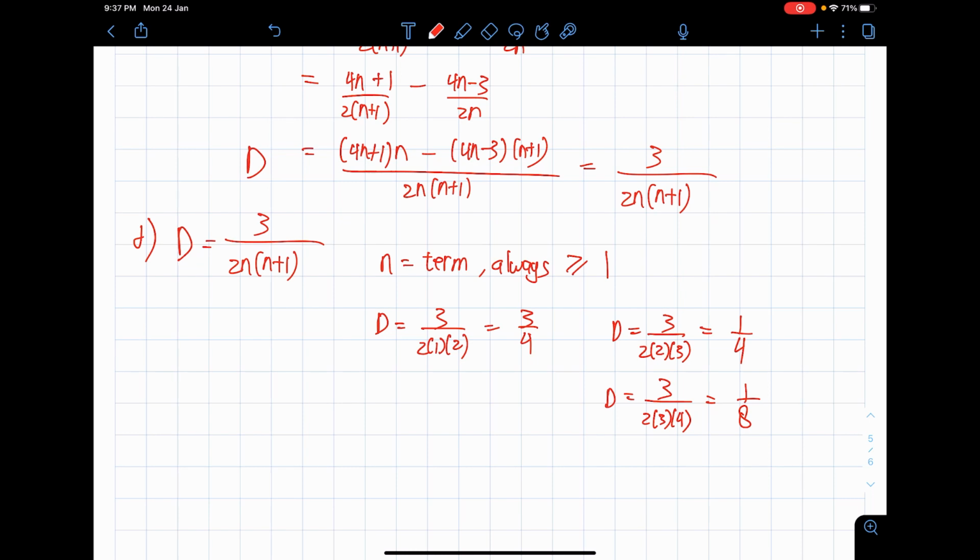This is a pattern you see: the difference is going to be lower and lower. Explain to them that as n gets larger, and you can only have n equals 1 or larger, your difference is just going to be even smaller than 1. The biggest difference you can get is 3/4. As you keep progressing, the difference keeps getting smaller. Hence, it's impossible to have the difference be more than 1. The difference is always less than 1. You have to explain about this.